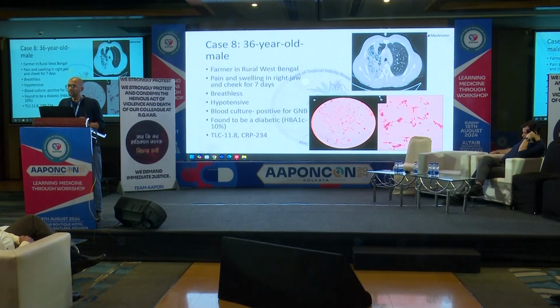On hospital admission, you have realized that the patient is diabetic and the HbA1c is very high. There is leukocytosis and high CRP. In the CT, you see something like a reverse halo sign. Anybody has an idea what the diagnosis is? So the thing is that this disease is not being diagnosed in West Bengal as often as it is diagnosed